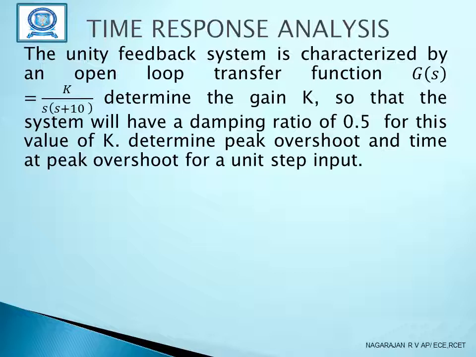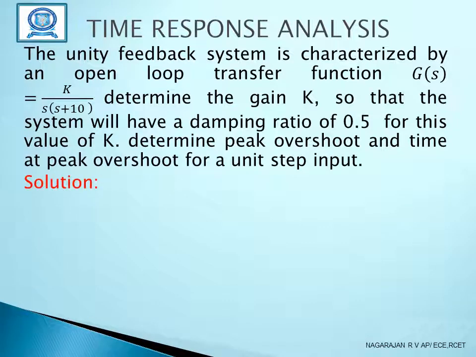Let me repeat this question. The given system is a unity feedback system, that is, the open loop transfer function G(s) is equal to K divided by s into (s plus 10). We need to determine the gain value K at which the damping ratio is 0.5, and also determine the peak overshoot percentage and time at peak overshoot for a unit step input. Here the input signal given is a unit step. Okay, now